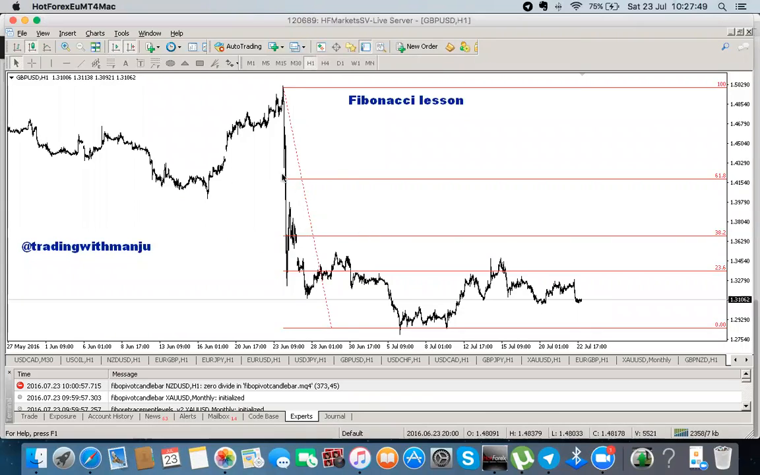So now we know how to draw the Fibonacci's, right? So now we know in order to draw the Fibonacci's,